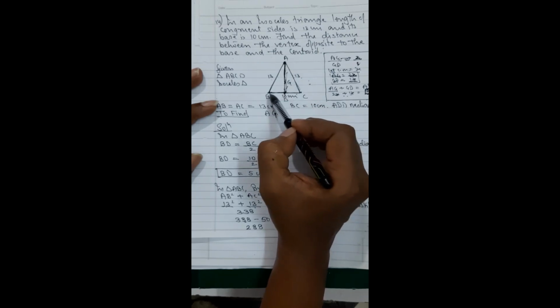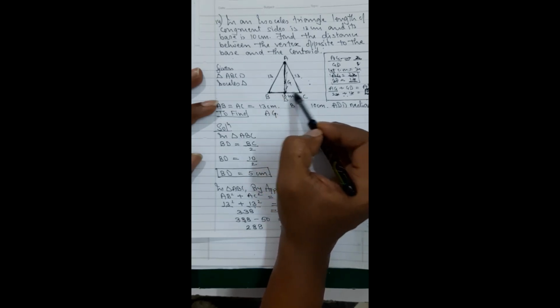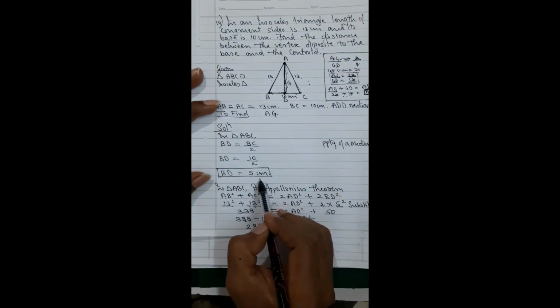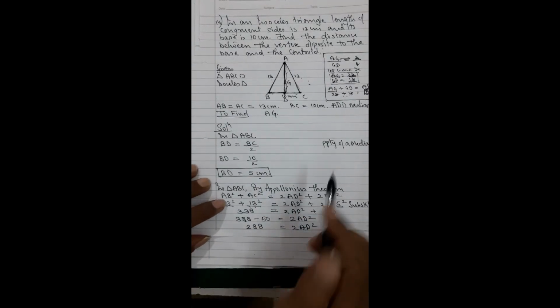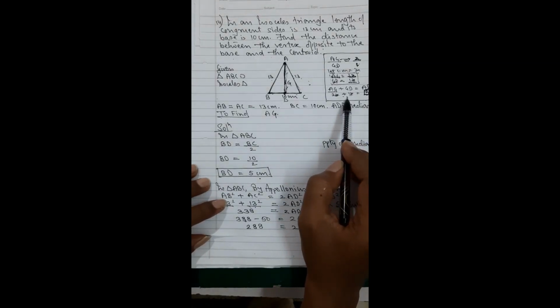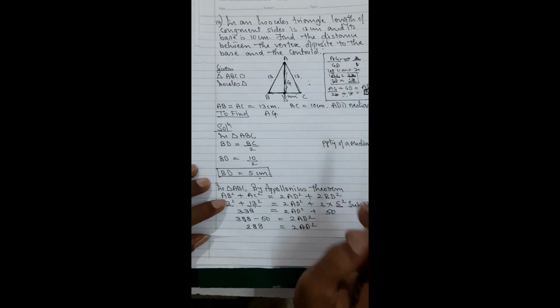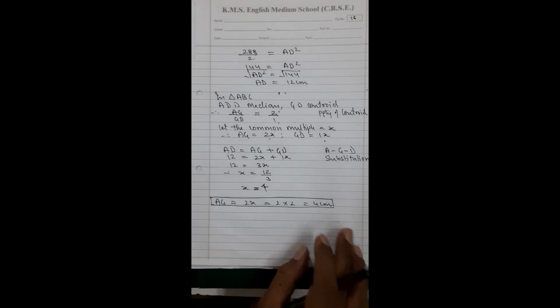Now you require only BD square, whereas BD is very easy to find because BC is given to you. So first find BD, because BD will be half of BC. That is the property of a median. Then by Apollonius theorem, you will find AD. And then from AD, you will find x. And from x, you will find AG. Okay, my dear students, that is all the thinking process that you have to go through. So now we are free to go to the next question.